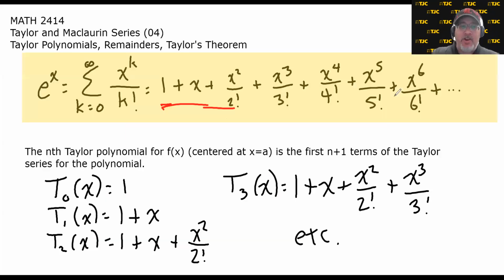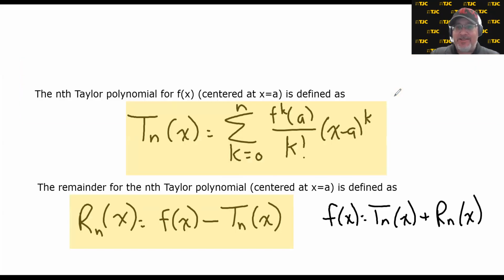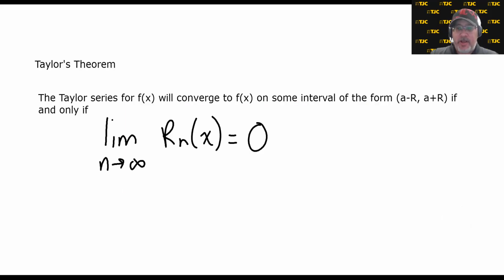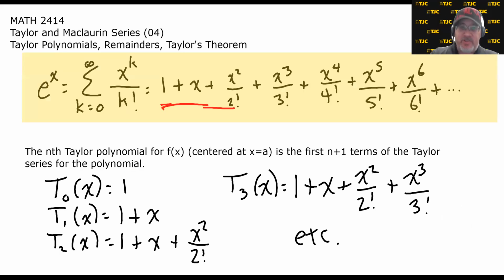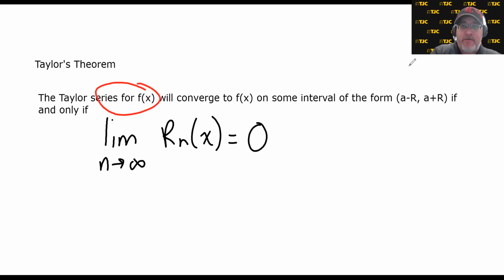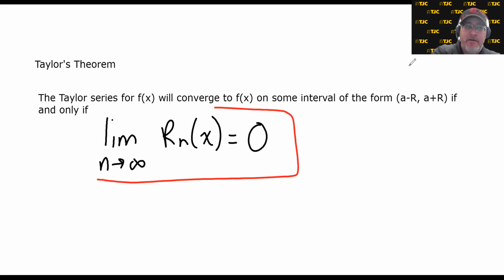So let it all sink in. We defined a Taylor polynomial by saying take it out to a certain power. So it's like a Taylor series that stops. We define the remainder as the difference between the function that we're approximating and the nth Taylor polynomial. And we're saying that the Taylor series will converge. In other words, the infinite series, which in this example is this guy, will converge to the function. The series will converge to the function on the appropriate interval if and only if this limit is 0,